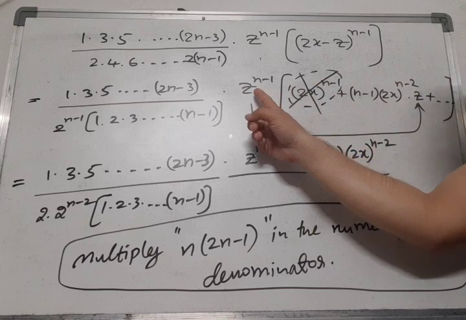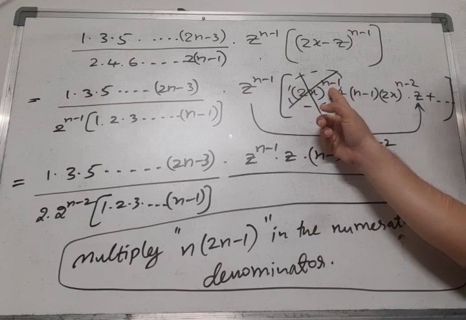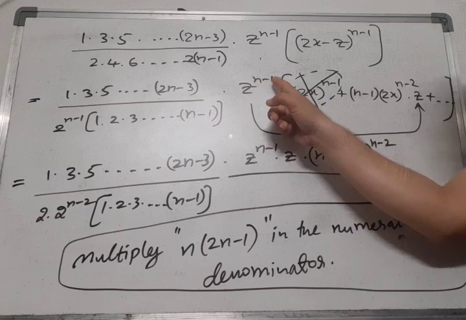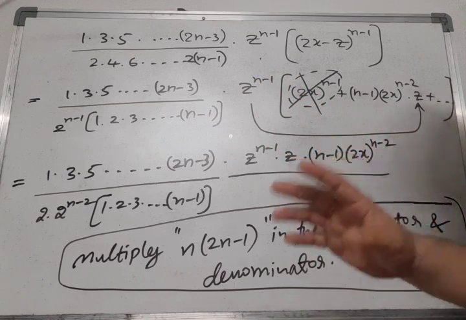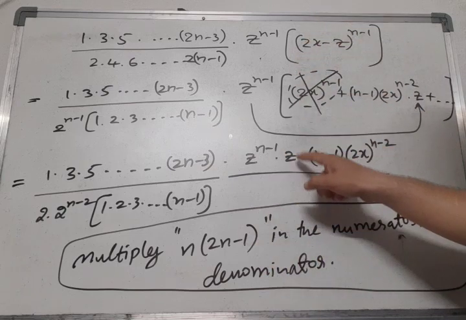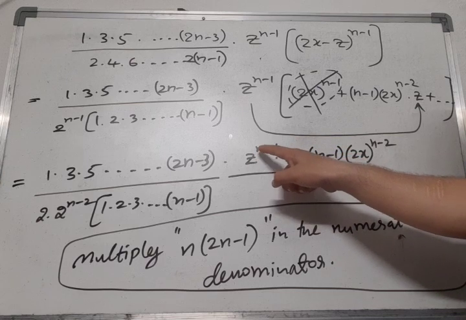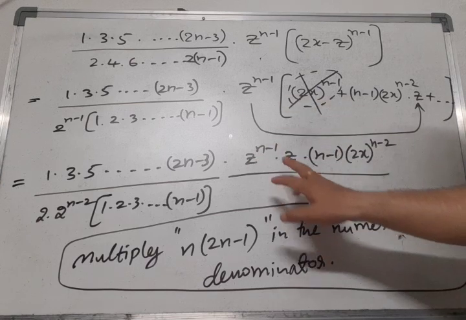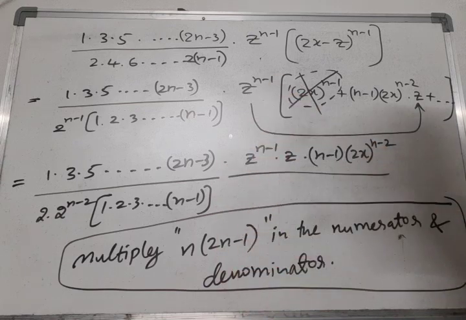Why I am not multiplying this z power n minus 1 with this one? Because here z power 0 is there, nothing is there. So if I multiply, I will get z to the power of n minus 1. I don't want z to the power of n minus 1. I want z to the power of n. Here plus 1 is there, minus 1 is there. Both get cancelled and I will get z power n only. Right? So I want this term, z power n term. I want to find out the coefficient of z power n, not z power anything else other than n.